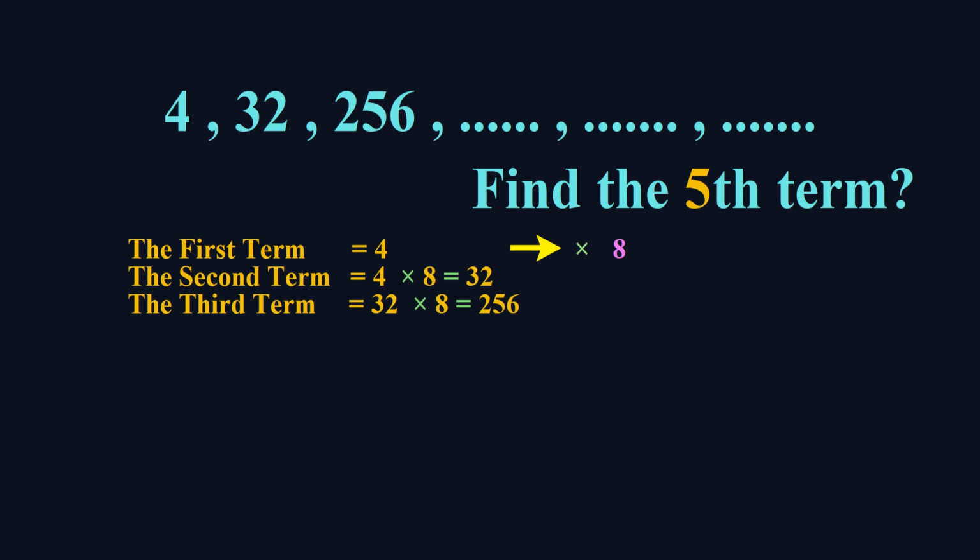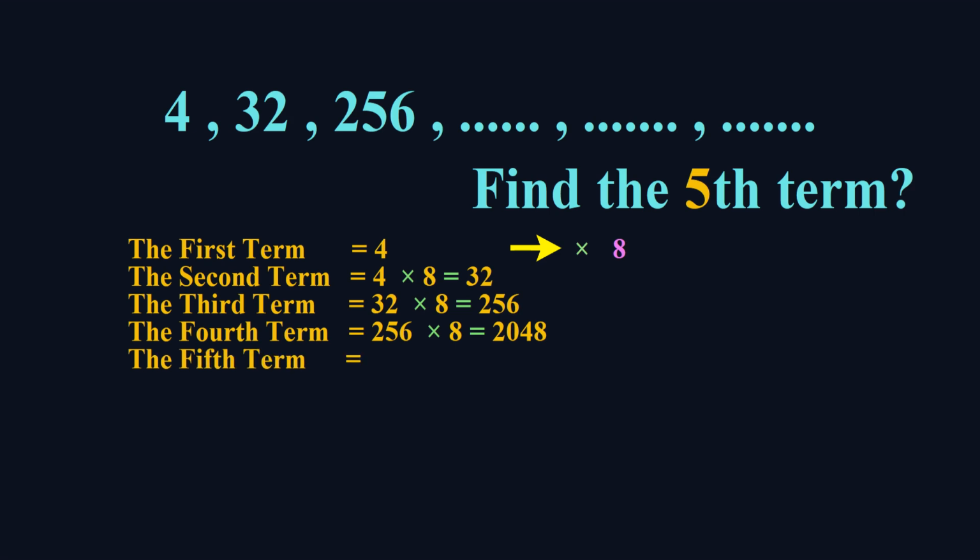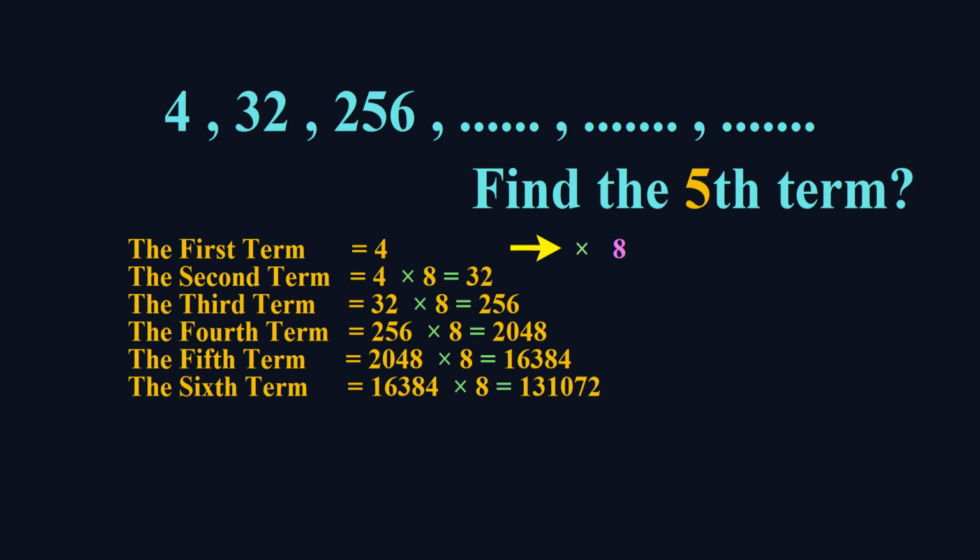256. And the fourth term is 256 times 8, which equals 2048. And the fifth term equals 2048 times 8, which equals 16,384. And the sixth term is 16,384 times 8, which equals